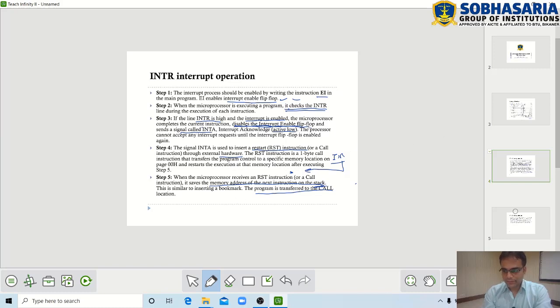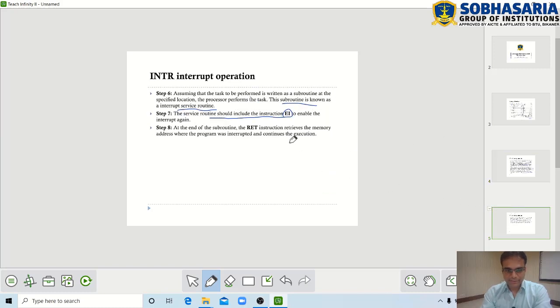Now when the process of servicing this INTR interrupt is completed, the EI instruction is written at the end of the subroutine, just to enable the interrupt enable flip-flop again, so that other interrupts can be received now.